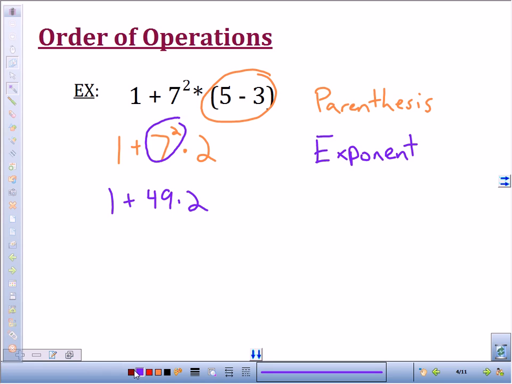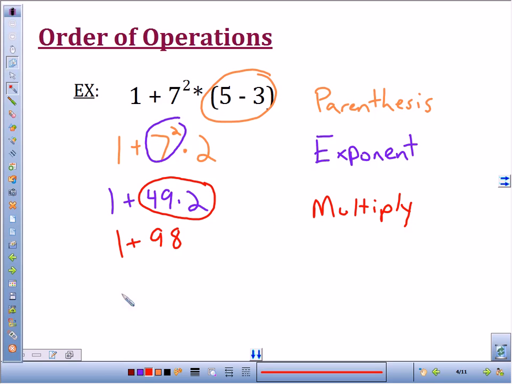After we're done with that, PEMDAS says we need to deal with the multiplication and division. Now, since there's no division in this particular problem, we're just going to look at multiplication, which we have here. So we're going to multiply. I have 49 times 2. 49 times 2 is 98. So I have 1 plus 98. The 1 plus hasn't changed yet because that's addition, and that doesn't come until the end, which, coincidentally, is